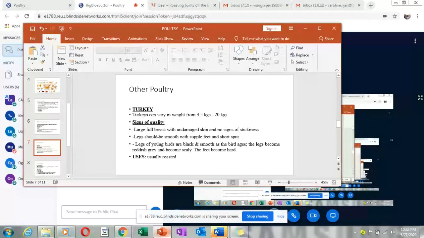The legs should be smooth with supple feet and short spurs. Even this one, the spur should be short. The legs should look very, very soft, like supple. Supple means soft, okay? Legs of young birds are black and smooth. But of course, when the bird grows older, the legs become reddish gray and become very scaly and very